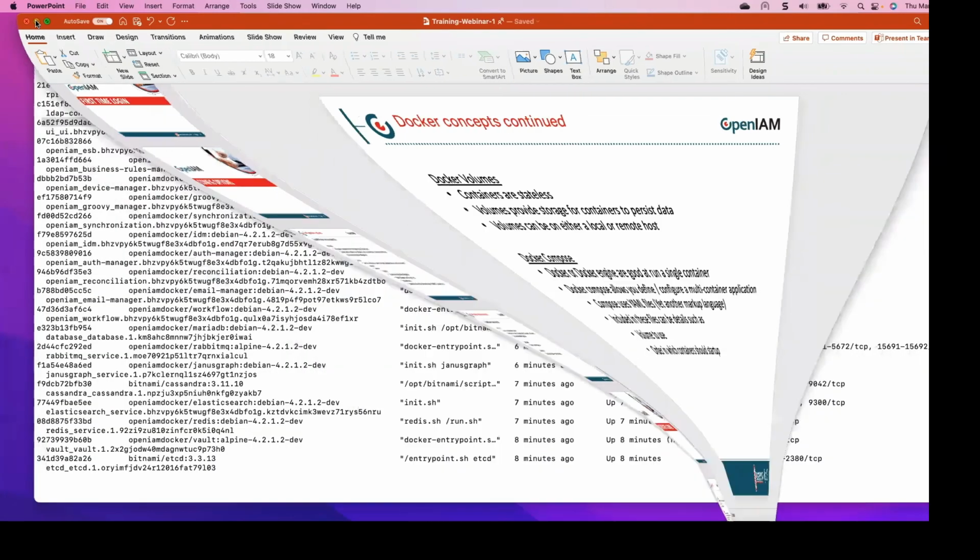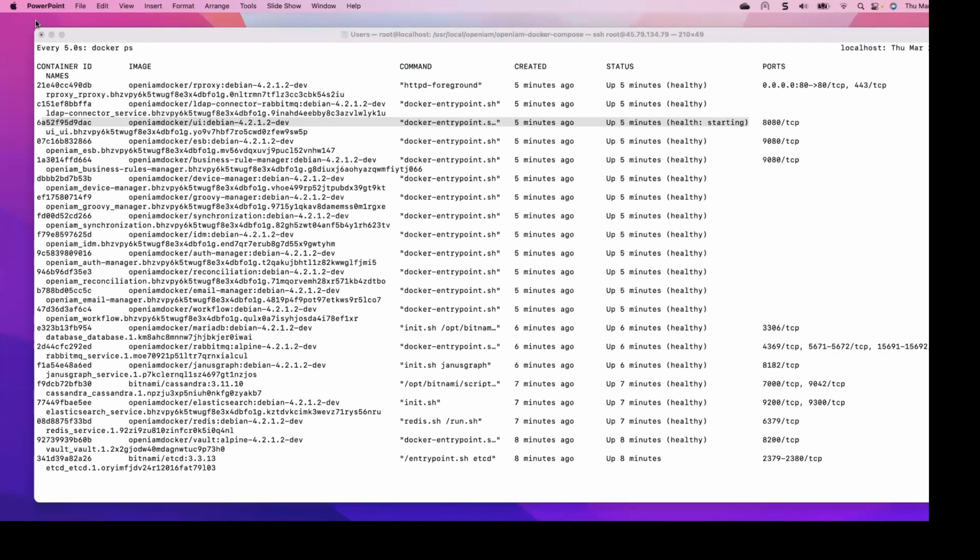So the questions about the regulatory compliance and the standards in OpenIAM. When we look at regulatory compliance, the one that comes up probably the most is helping support SOC 2 compliance. There's also need to support GDPR and PCI compliance. So when it comes to doing the SOC compliance,